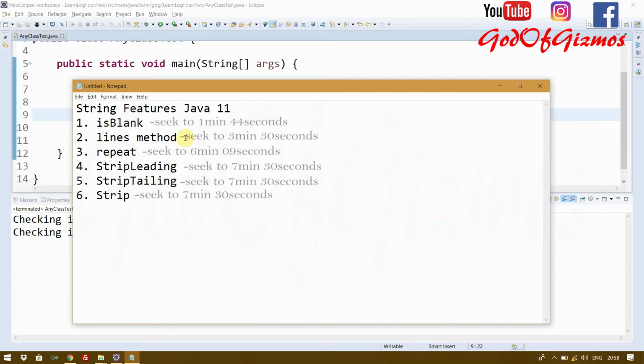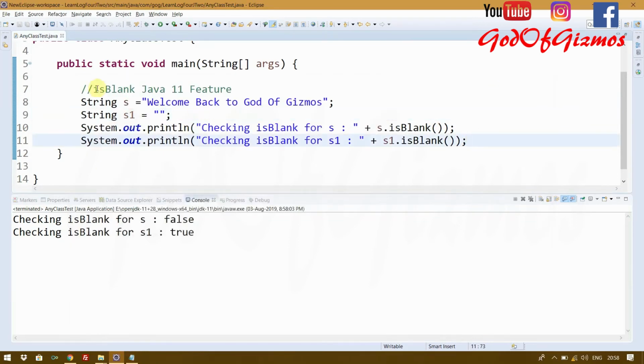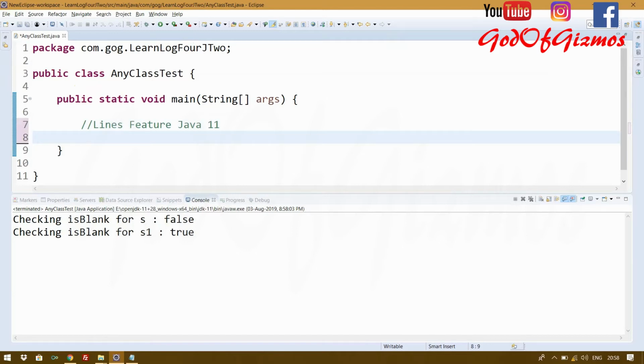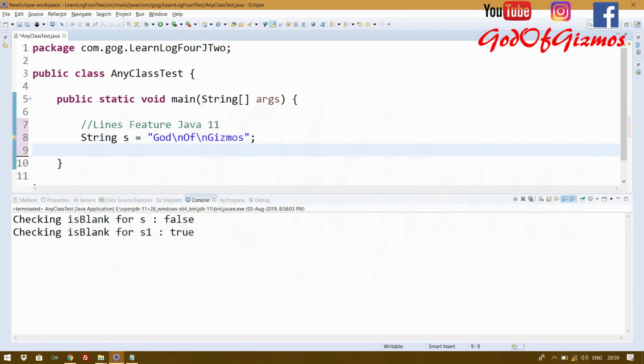So now we will be moving to a new feature of Java, that is the lines method. The lines method is of string. So I will just remove this. We will be talking about the lines feature in Java 11. It actually counts the lines that are there in the string. So if we say string s and we say God, it actually counts new lines. So if we say "God of Gizmos" like this, and I try to print out s,